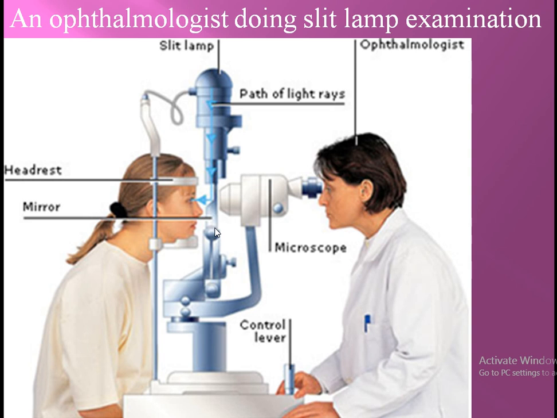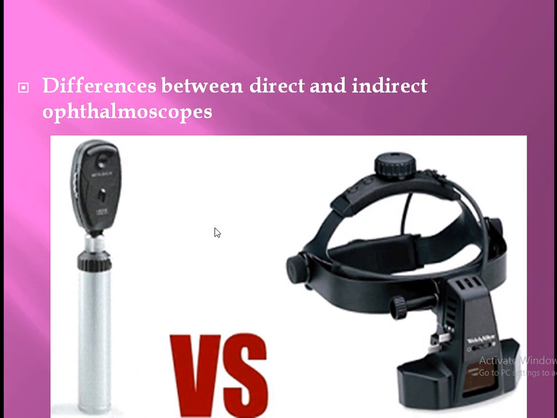For that purpose we use ophthalmoscopy. So the ophthalmoscopy is the best method to visualize the posterior segment. Posterior segment includes the retina and also the vitreous humor. In case any abnormality is present in the vitreous humor, or if the vitreous humor is drained, that will lead to shrinkage of the eyeball, all these things can be visualized in the best way through ophthalmoscopy.